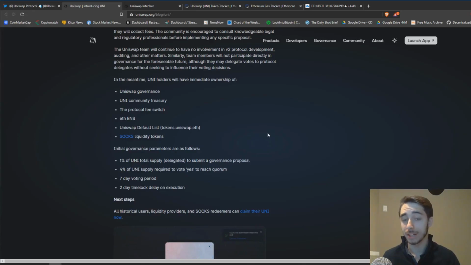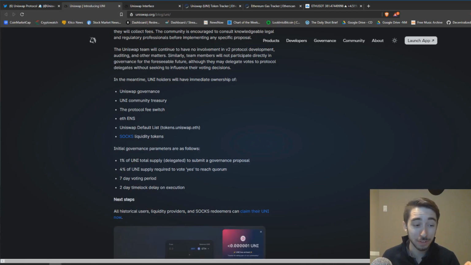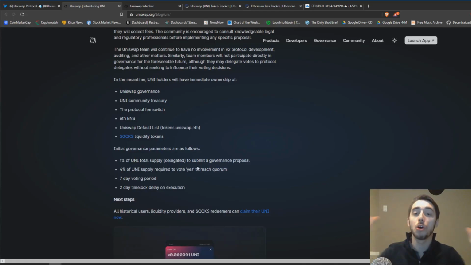And this is something that I personally think Uniswap did a great job on. And we'll see if maybe it adjusts over time. But I like how the governance system works right now. From my understanding and interpretation, you need 1% of the Uniswap total supply to come together to even submit a governance proposal. So to even get an idea out there into the light of the overall governance structure of Uniswap, at least 1% of the token supply has to meet this. And along with that as well, 4% of the Uniswap supply is required to vote yes on this in order to take it to an overall vote.